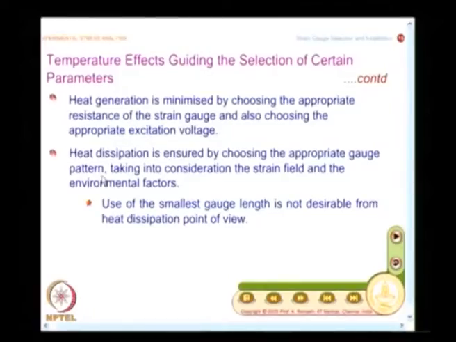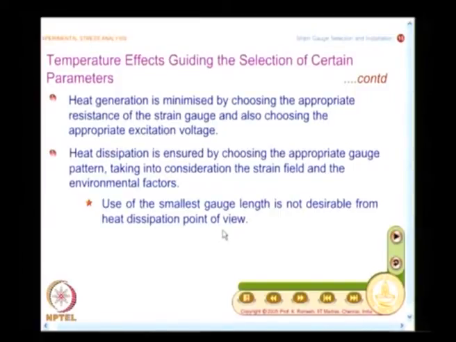On the other hand, if I have a larger grid pattern, it improves heat dissipation. So, use of the smallest gauge length is not desirable from the heat dissipation point of view.